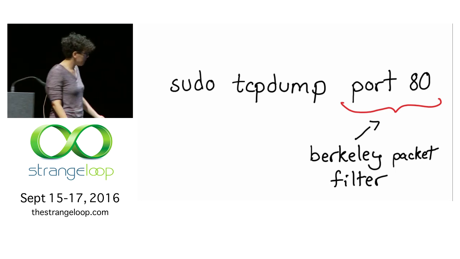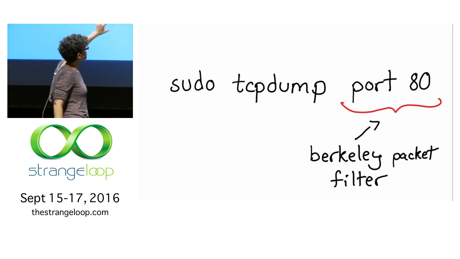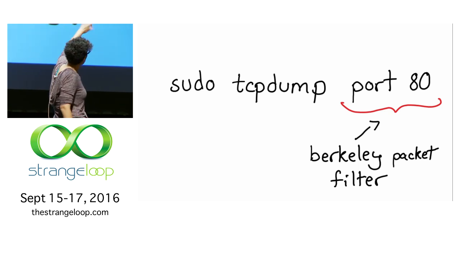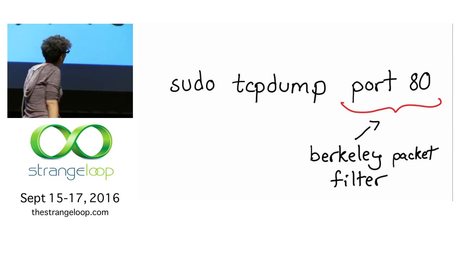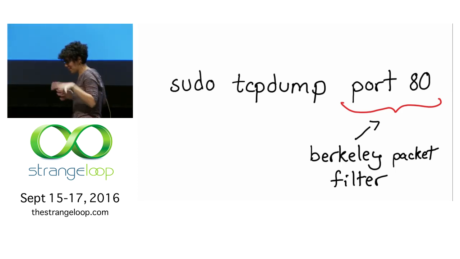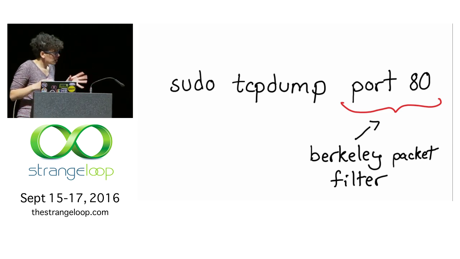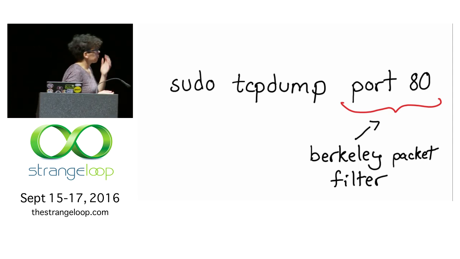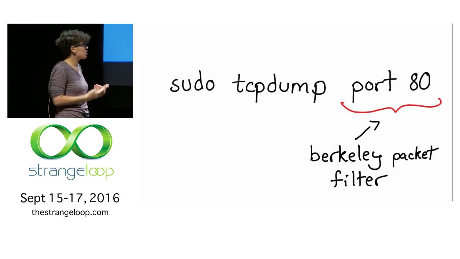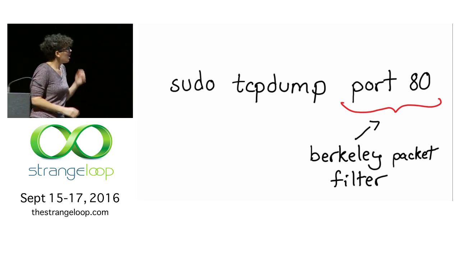One really amazing thing about tcpdump and, I think, network analysis in general, is that for basically all of these tools, you can give it a filter, like, I only want traffic on port 80. This is called the Berkeley packet filter, or BPF. And it's this really nice language. It's super fast. So if you have an extremely fast network card, you have to worry about running it in production. But generally, I feel fine about running it in production, as long as I don't write too much stuff to disk. You can just say, hey, this is the traffic I'm interested in, please save it for me. You can filter out a lot of stuff. The filters are fast. They're compiled into magic pixie dust or something.